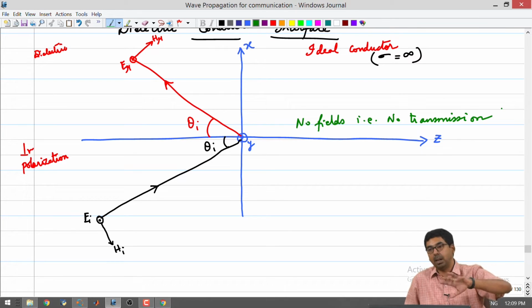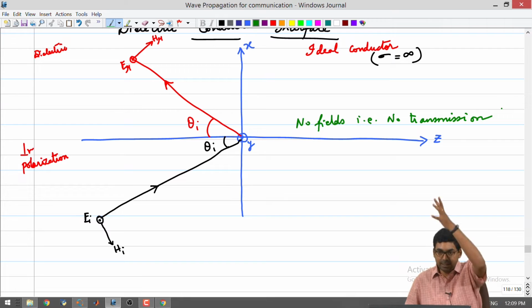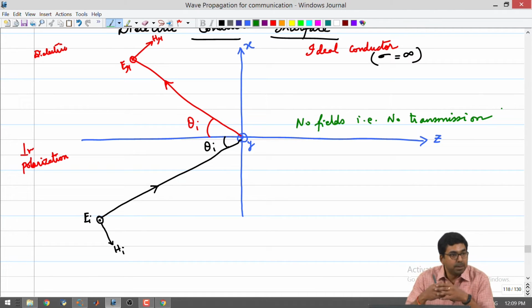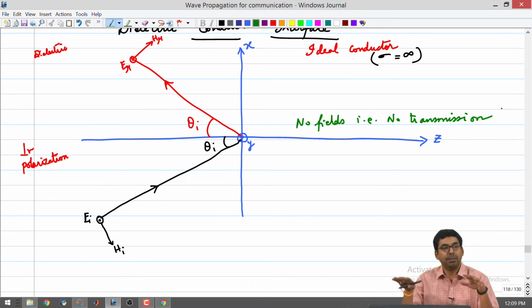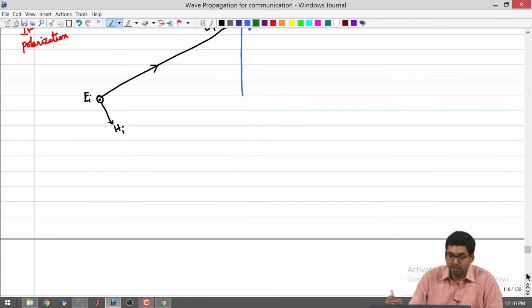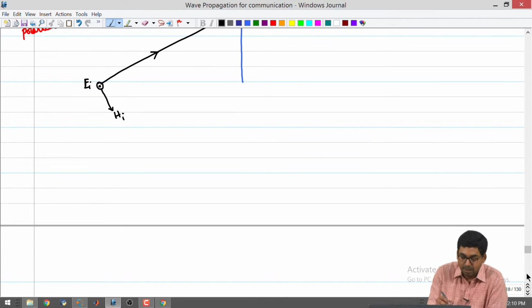Suppose you are launching an electromagnetic wave, it goes and hits the interface, bounces back. We already know from our programs that if it hits a boundary and comes back, it will start interfering with the incident wave; the reflected wave and the incident wave will interfere with each other. What do the total fields in medium number 1 look like? This is a question that we are going to answer. So, we will start with the formulation, the mathematical description of the electric field.